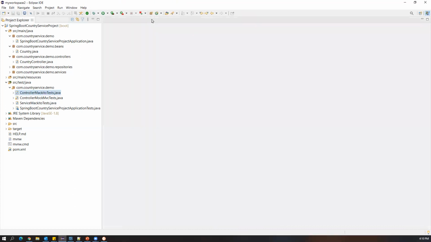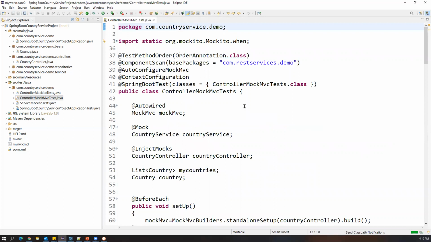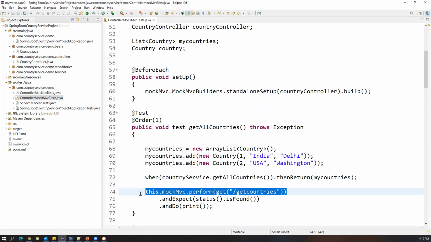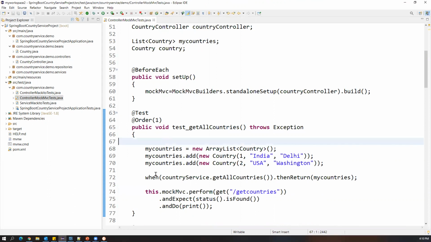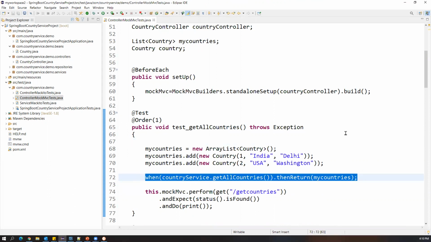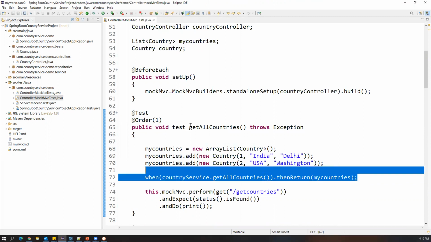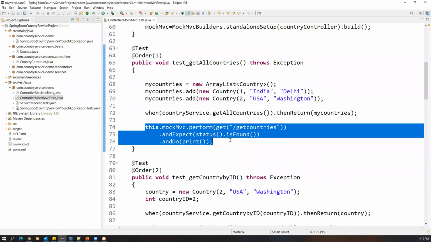But today, the type of unit test cases we created is completely different. Here we are trying to invoke the controller method just by passing the URL, but not directly calling those methods. And also we have successfully mocked the service layer. Along with the service layer mocking, we also additionally used the MockMvc framework, by which we are able to invoke the controller methods without starting the Spring Boot application.